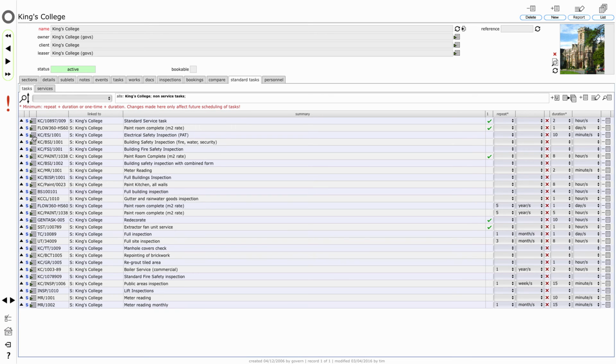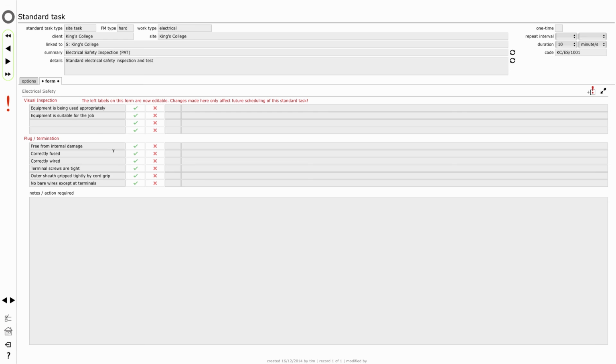We've got an electrical safety inspection form already set up here, and at this point, because this is me editing the standard task, I can change the text for these particular options here. And I can take some options out. At the moment we only have, on the visual inspection, 2 items, so it's only going to ask 2 questions really, and the plug/termination for the small electrical appliance has 6 items here that we're going to check